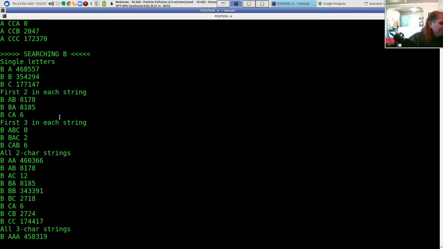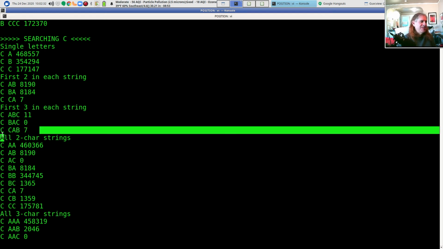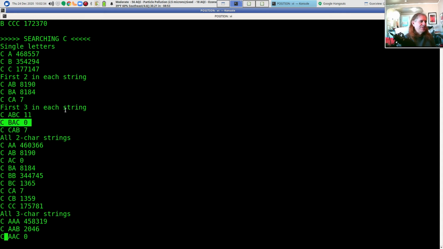And when you play this out with different strings, for example, in the B string, B starts with BAC. Well, that actually occurs twice. And the pattern that we find starting off the C string, CAB, that occurs 6 times. But yet ABC occurs no times. And then when we come down to the C string, ABC, which starts off string A, occurs 11 times. The start of string C, CAB, occurs 7 times, and BAC occurs no times.